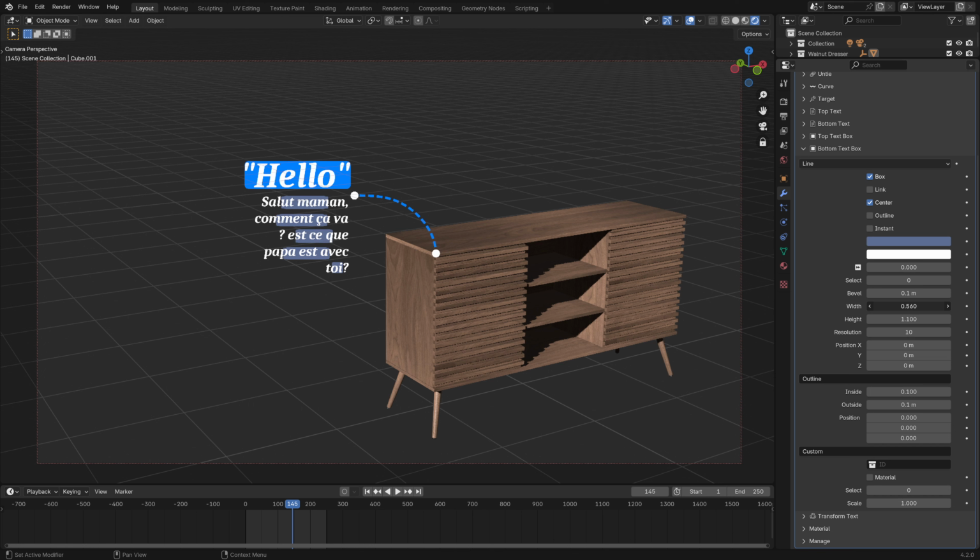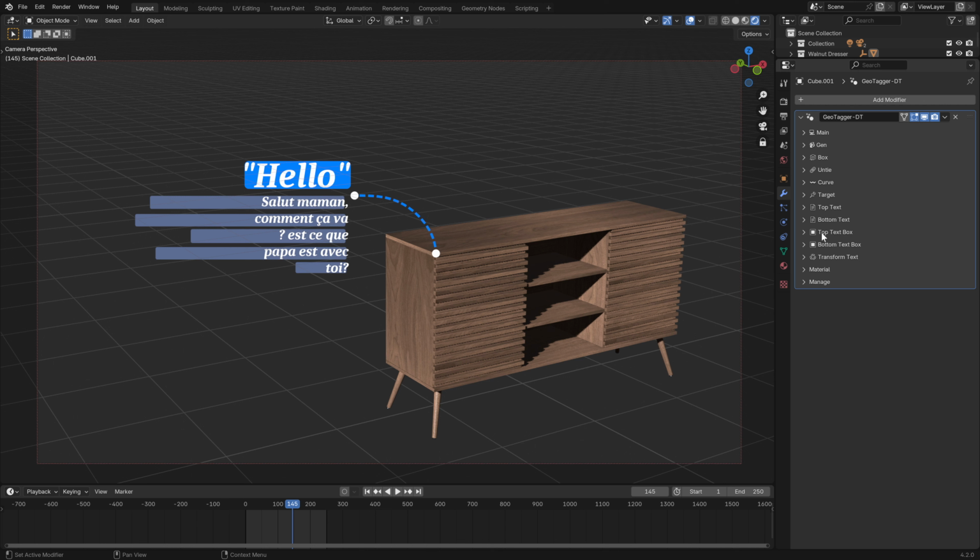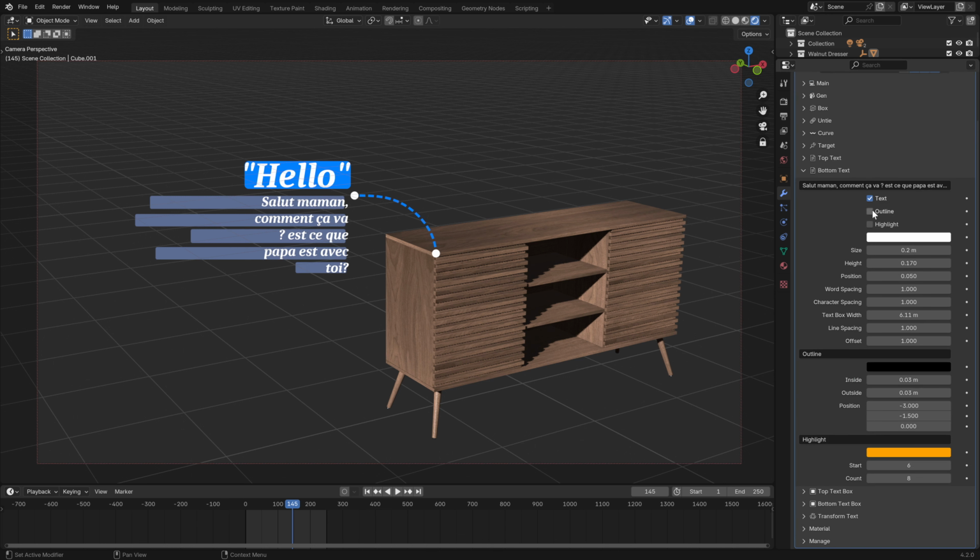As you can see, if I change the width property, the box scales based on the center. If I disable this, the box scales based on this position. Okay. And now, not in the text panel, for the text,